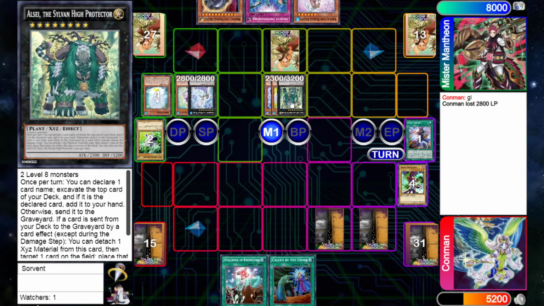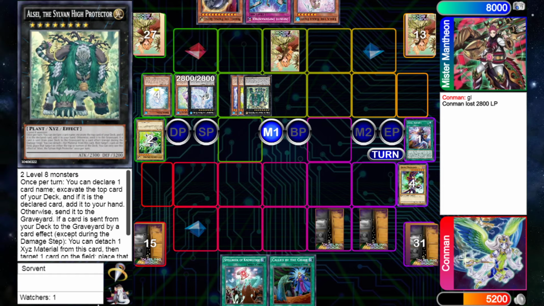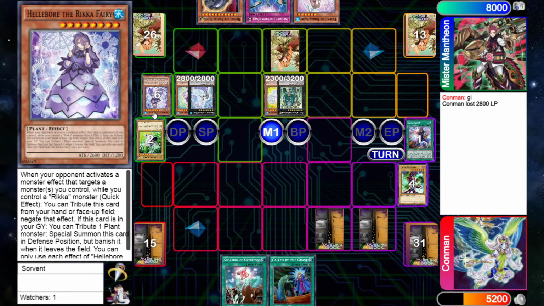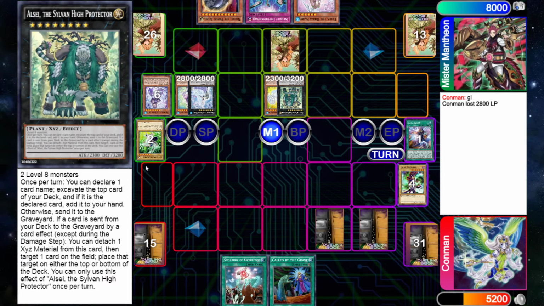It's essentially a Lightning Todori. I guess that's the best way for me to explain it. So he can declare a card. I don't know exactly what he declares here, but he's going to be declaring a card, milling the top card of his deck. I believe he declared Driver since it's banished, so there's no reason for him to not get into it. And a really interesting thing is that you can declare anything with this, so you can literally just